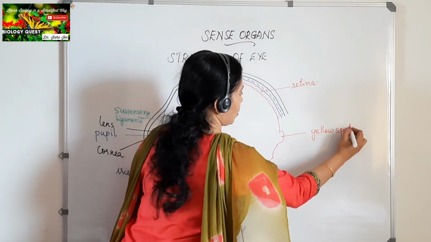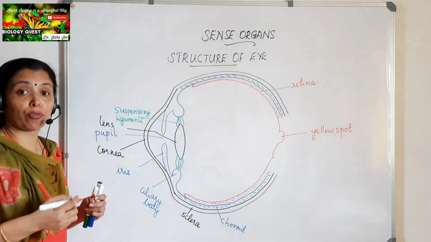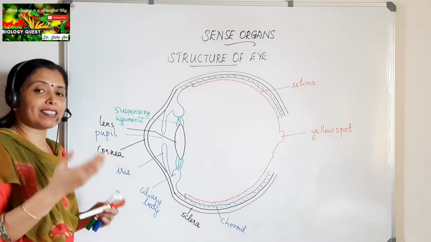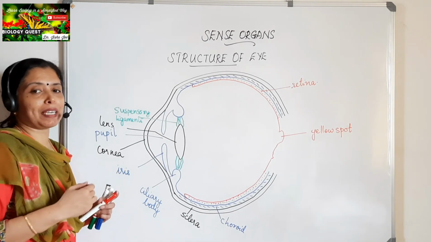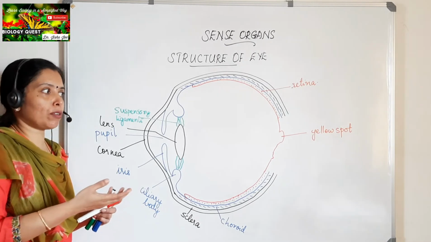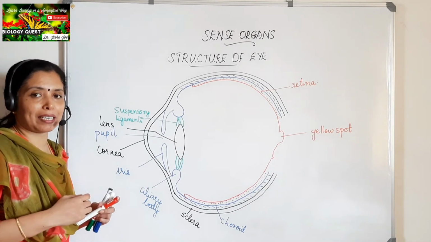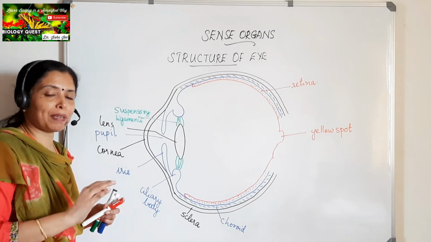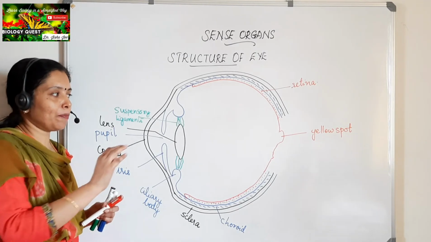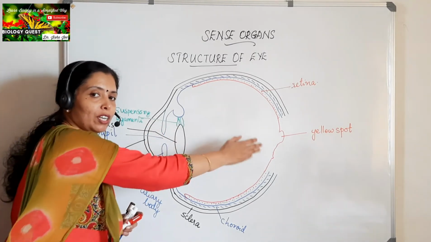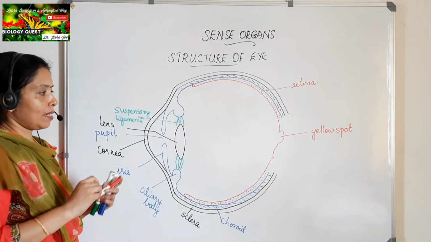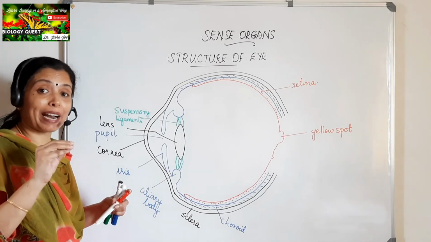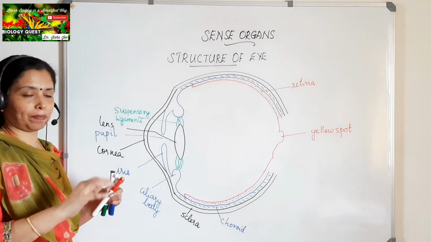Yellow spot is also called macula lutea or fovea centralis. Location and function can be asked, and mostly the terms fovea centralis or macula lutea might be asked, because those are confusing terms. Yellow spot, you will easily remember what it is and where it is located, but the terms fovea centralis and macula lutea are important. You should be familiar with those two terms. They are the other terms for the yellow spot. It is the region where the maximum number of cones are present, the region of brightest vision and color vision.